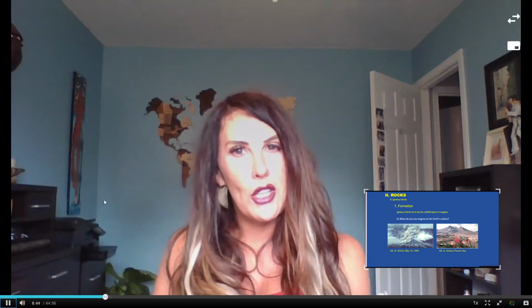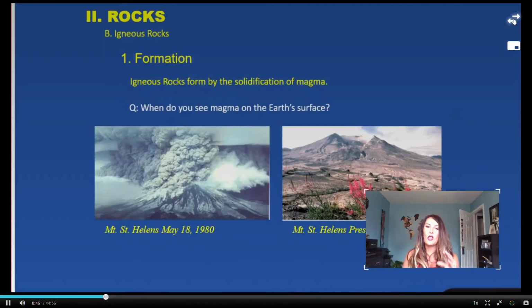We talked about recurrence intervals. Usually when we talk about recurrence intervals relating to volcanoes, we term that repose, R-E-P-O-S-E. The repose of a volcano is its recurrence interval. So Mount St. Helens is likely on a 50-year recurrence interval, and for that reason, we've started to see activity. It was super active in 2019. We expect it to be maybe even more active in 2020. So Mount St. Helens erupted on May 18th, 1980, and it's a really great story